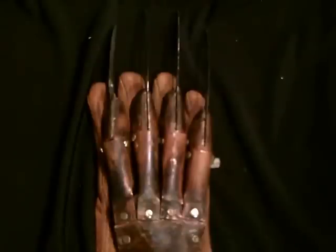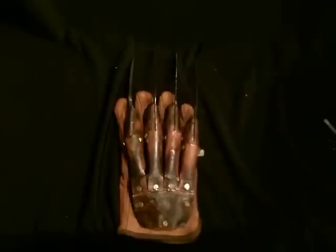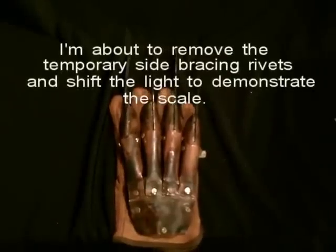But anyway, I'm digressing. What I was going to say in closing this out, before we get into the actual scaling of all these pieces as I have figured out, is that this pose is really, really good because it's one of the few straight-on shots of the actual screen prop that are available, where you can really see what the lengths of the pieces are doing. In other shots and in other poses, if the back plate is tweaked and bent and angled, the lengths can really play tricks on you, and you go, well, this finger knuckle looks longer here, or this one looks shorter. This is one of the two or three really good straight-on shots where the fingers are pretty much at their proper incline, and you can really see what the lengths are doing,